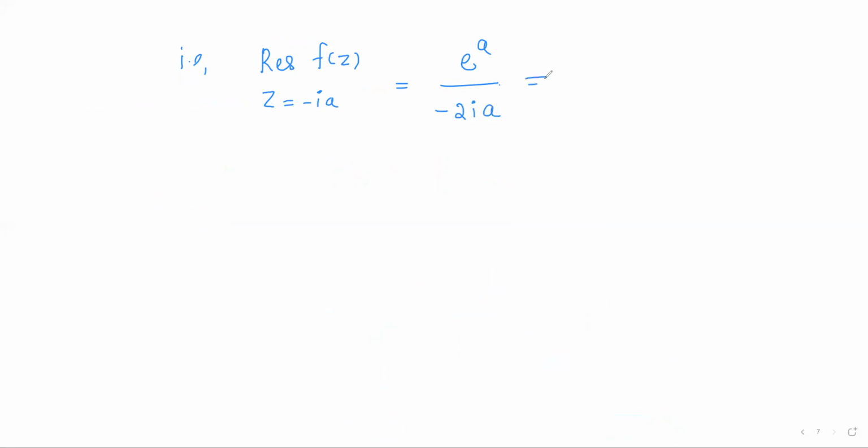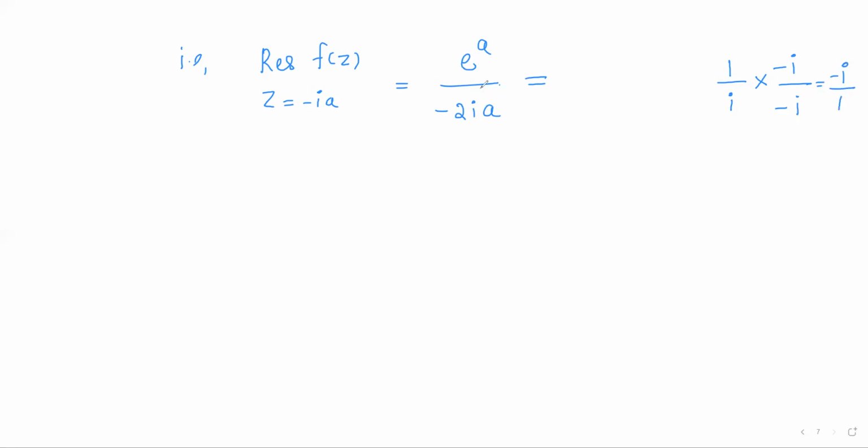So even you can rationalize it. So 1 by i is there. So 1 by i, if it goes to the numerator, it will be minus i. So you can rationalize it by multiplying its conjugate. So i into minus i is minus 1. So into minus, so plus 1. So it will be minus i by 1. So you can rationalize it like that.